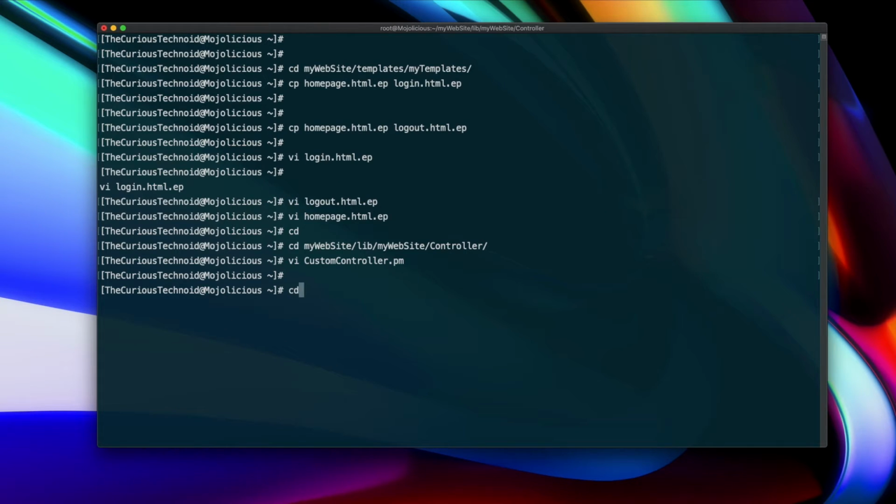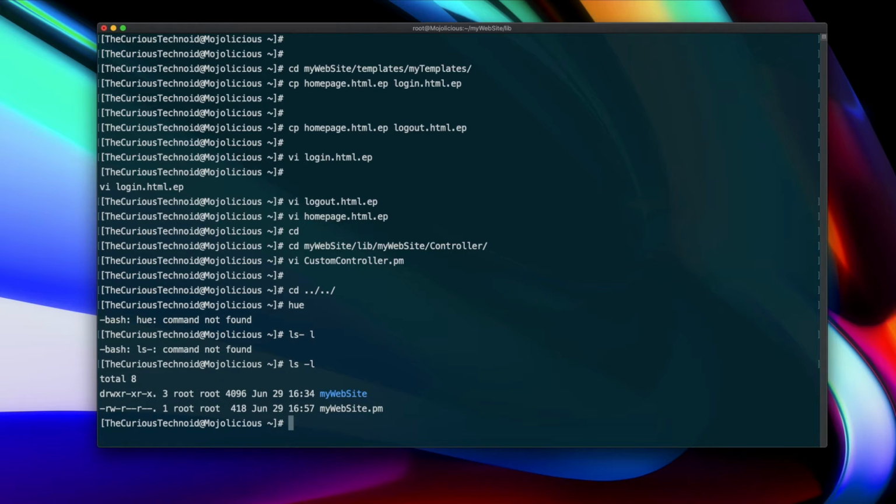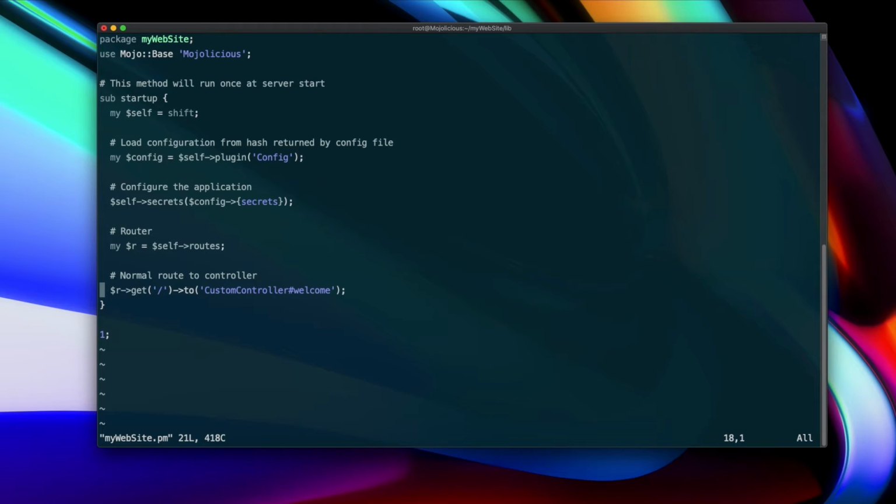Now let's go to our main library. And let's add the logic to call these subroutines that we just now created. Open the main library file. Let us first change the root route to display the login page instead of the home page. Once the login credentials are entered, we need to check if they are correct. So let's add a route for that. If you remember, in our login form, we had given login as the form action.